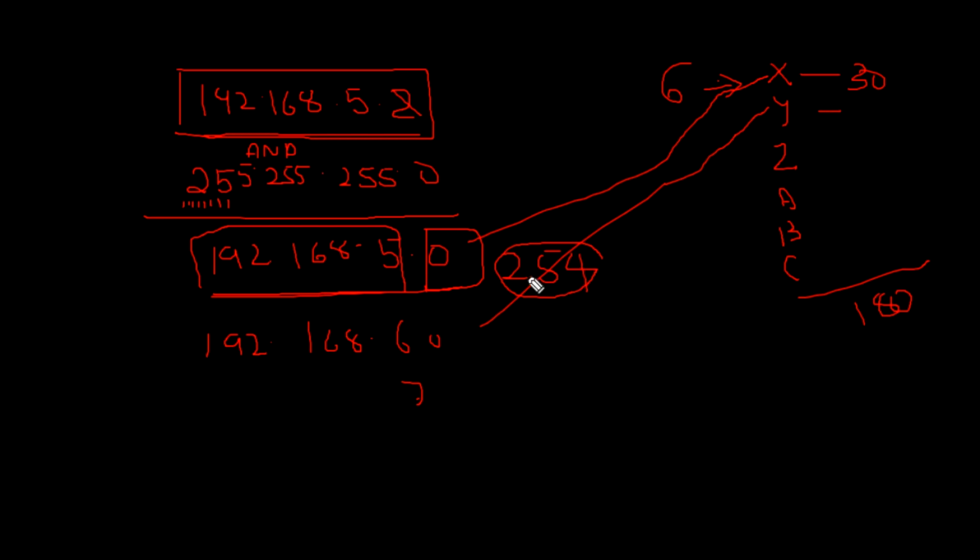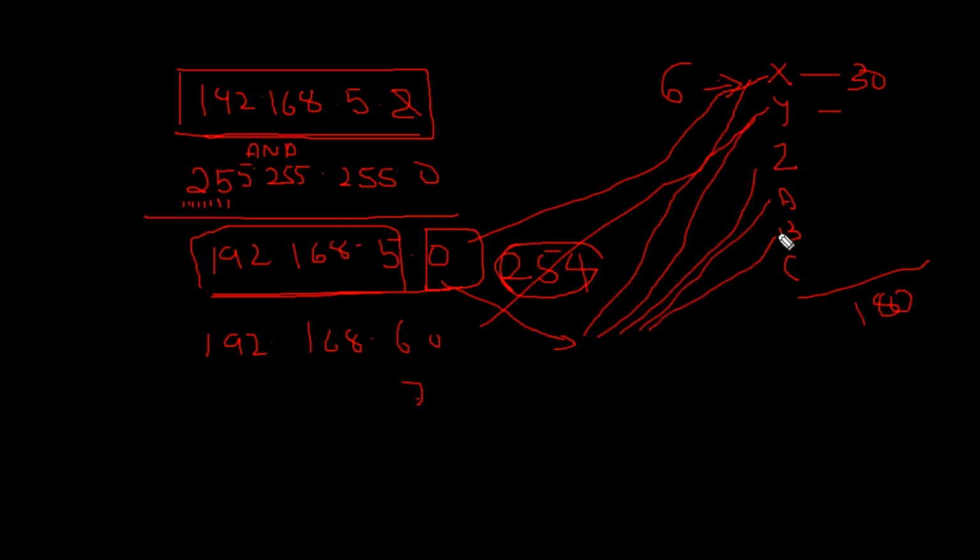So instead of that, I am taking this network and dividing it into 6 subnets. Dividing this network into 6 subnets is called subnetting. So we'll see now how to do this.